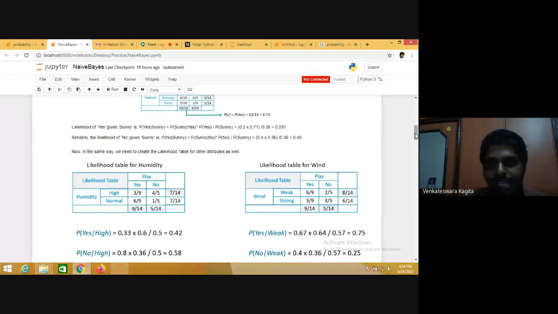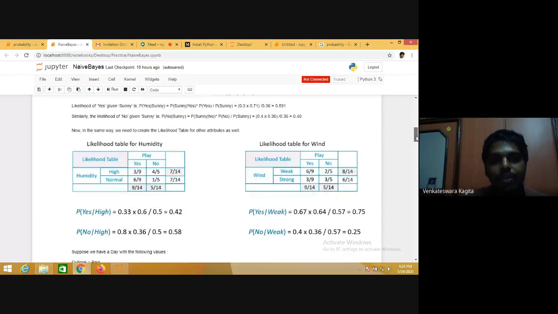Once you have that, you have to estimate the probability of yes and the probability of no given these attribute values. The probability of yes given that humidity is high is 0.42. Similarly, the probability of no given humidity is high is 0.58.